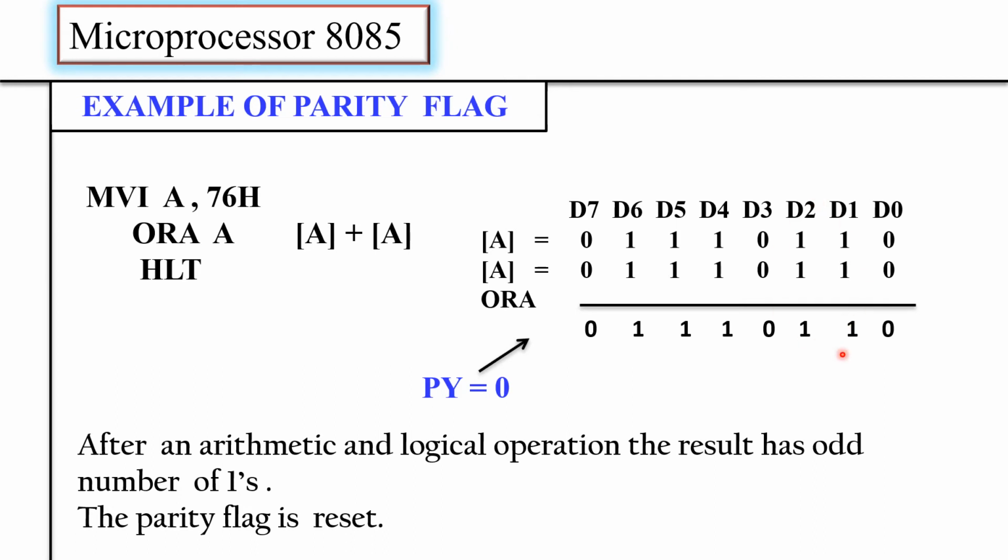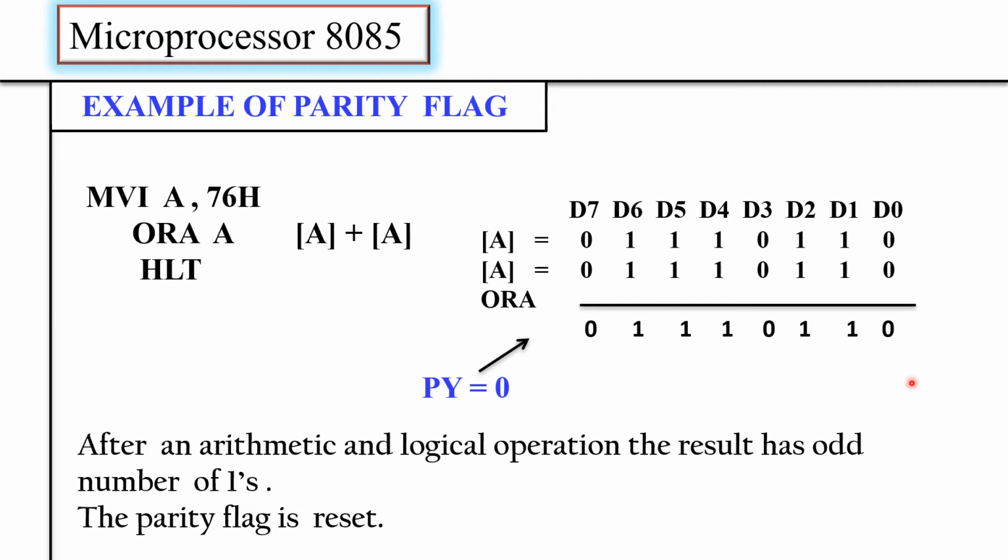Both inputs are high, output is high. Similarly 1 1 1, 0 0 0, 1 1 1, 1 1 1, 1 OR 1 is 1, 0 OR 0 is 0, right? Again the result will be stored in the accumulator. So we are ORing A with A, and the result is 0 1 1 1 0 1